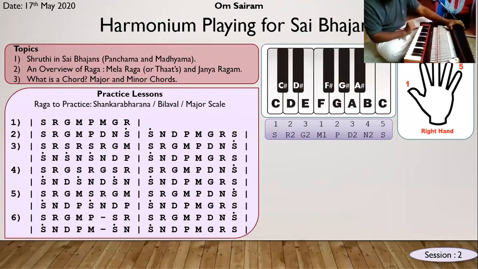So what is a major chord and a minor chord? When you take a chord, it's a combination of notes. So the first key, you have to name the major chord from the first key. Corresponding to the first key, you have to play either the fourth key or the fifth key. Fourth key along with first key, then you play the eighth key. 1, 4, 8. So if I take C as 1, first key,